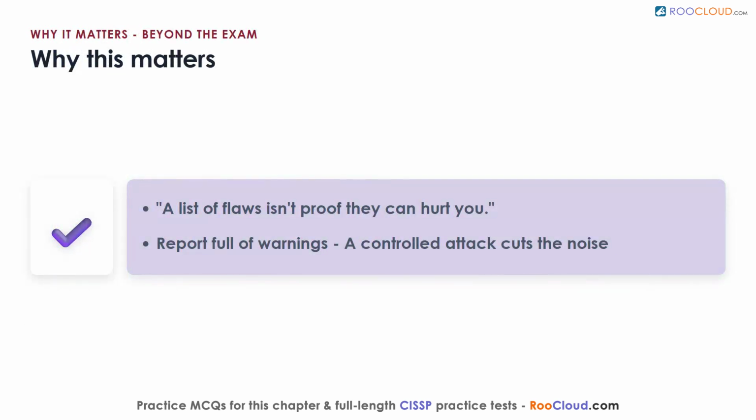Because a list of flaws is not the same as proof that they can hurt you. Picture a logistics firm sitting on a scan report full of yellow warnings, unsure which ones truly matter. A controlled attack cuts through the noise by showing what an adversary could actually do. On the job, this is how you move from theory to evidence, and how you keep testing from harming the